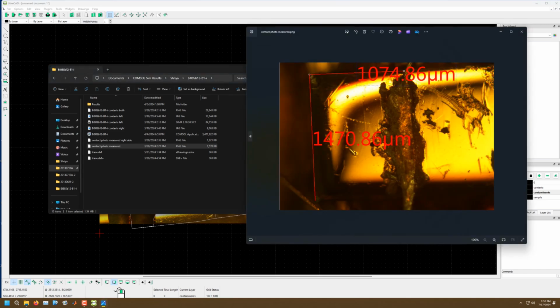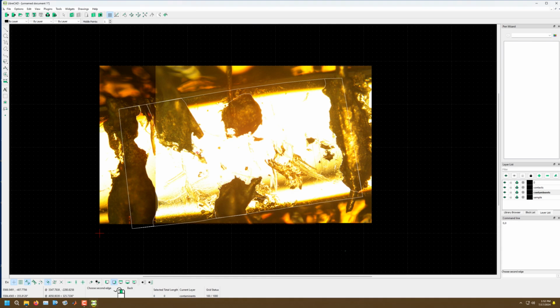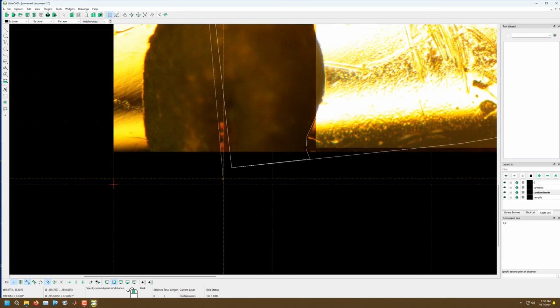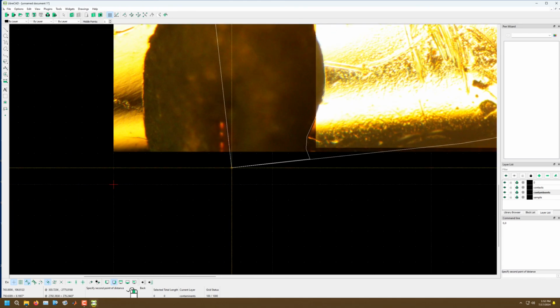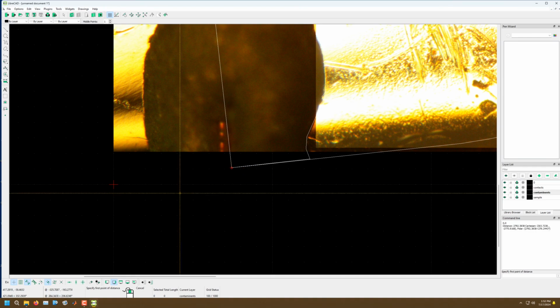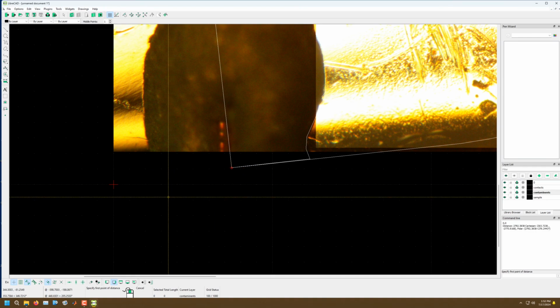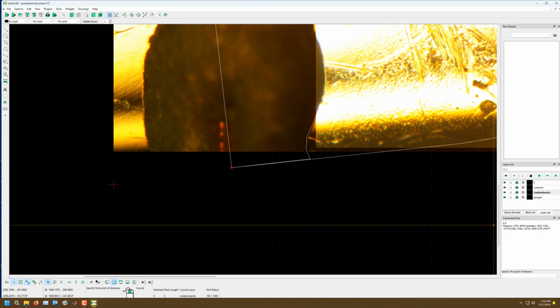Yeah, we were in the right spot. So, using the measure tool from point to point, we are going to measure the distance of this line, because this is the line we have the measurement for. In the bottom corner, it tells us the distance is